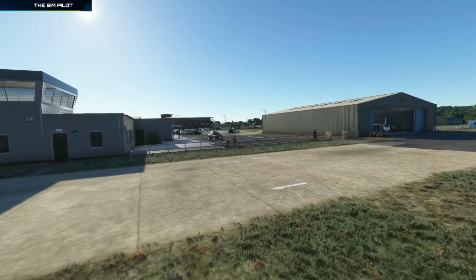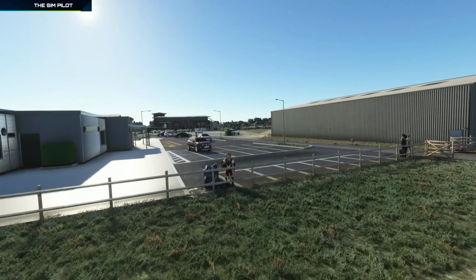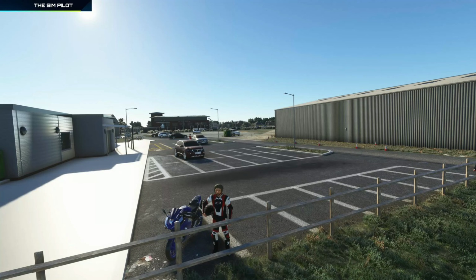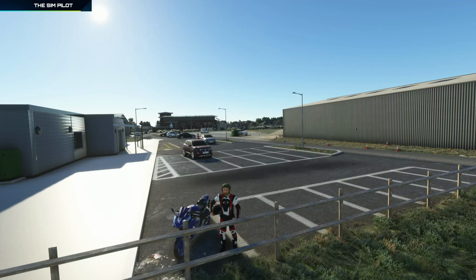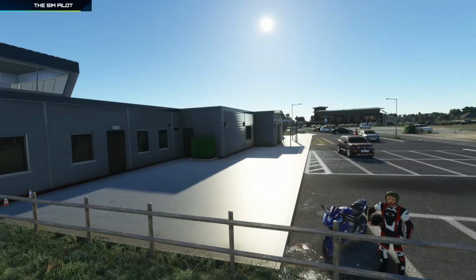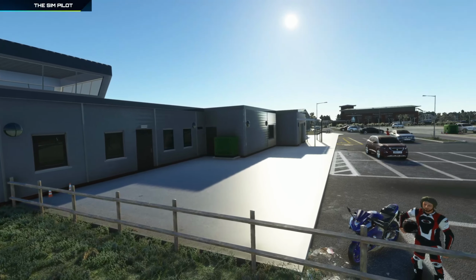But in my opinion, these things add to the realism of the place. This guy, you might remember this guy from the Martha's Vineyard airport, which was also released by Burning Blue Design. I think this is the same guy with the motorcycle. Might be one of their crew members, maybe. This looks like the new tower and the new building. I'm not positive, but I'm just suspecting,